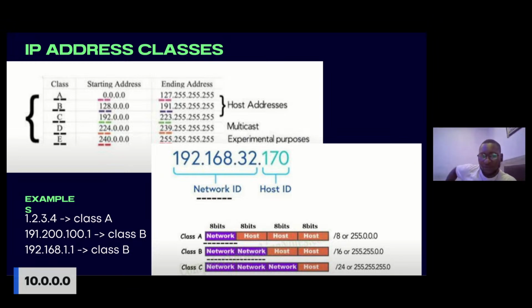There are particular mathematical calculations to it. But if you just understand these ranges, the classes, and know why you have a CIDR block of 8, or of 16, or of 24, you just have to understand these basics, right?